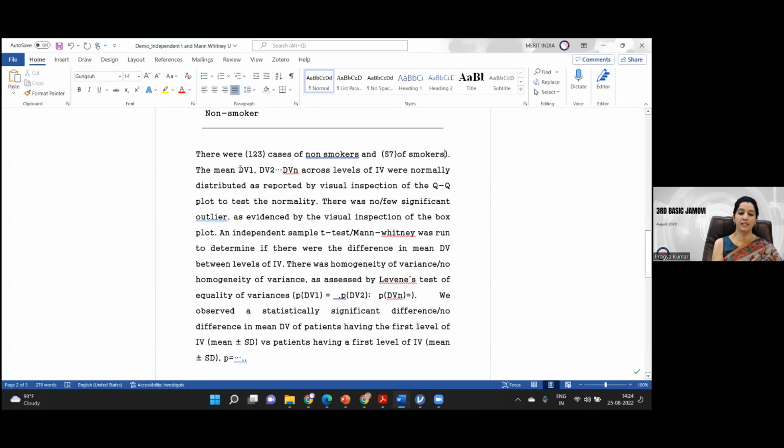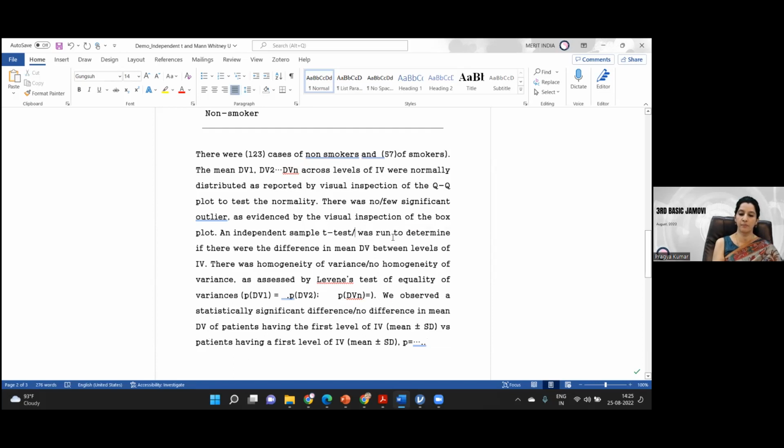So I can write that the mean value of SpO2 across these smokers and non-smokers were normally distributed as reported by the visual inspection of the QQ plot. There was no significant outlier in my case. And an independent sample t-test, because I applied that, I did not apply Mann-Whitney. So an independent sample t-test was run to determine if there was a difference in the mean SpO2 level between the